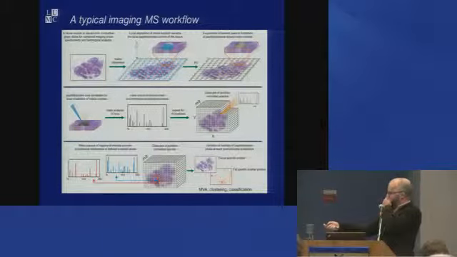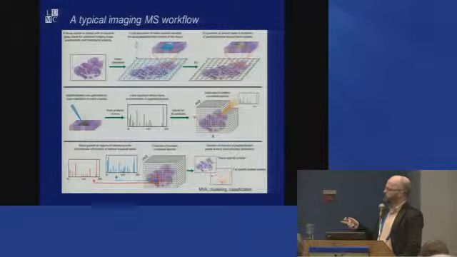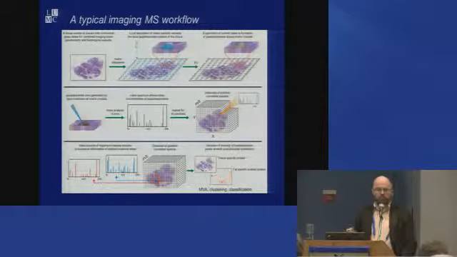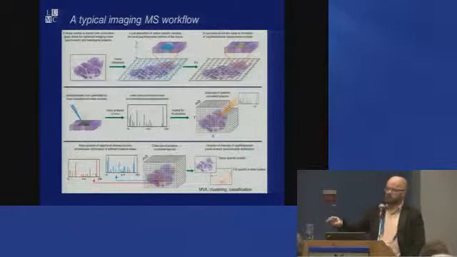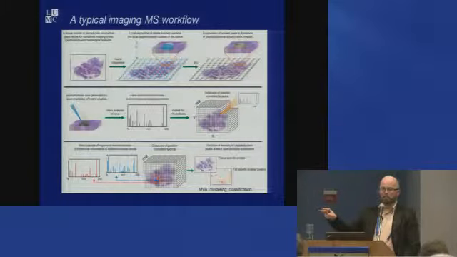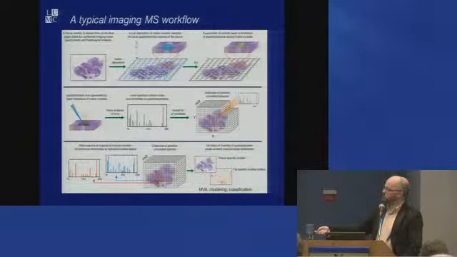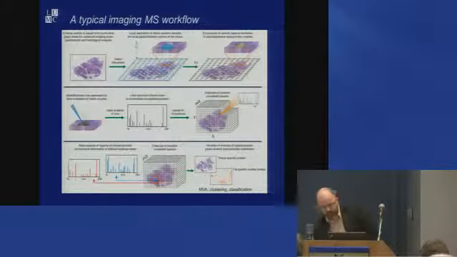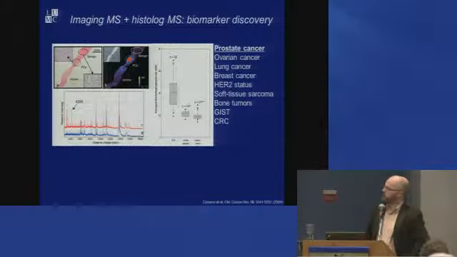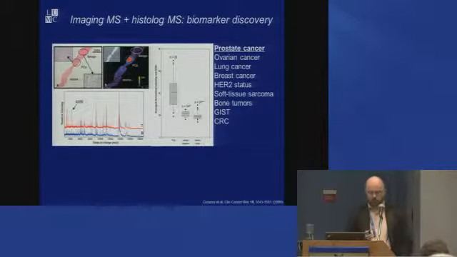And we can analyze this using different types of methods. We can use a type of virtual microdissection where we go in again with pathology, or with histology, I mean, and we say, okay, we're interested in this cell type or these regions of interest, and so we can basically just take a virtual microdissection and extract these mass spectra. Or we can use different multivariate techniques, clustering techniques, or classification techniques. So here we see basically which has been probably the most common type of